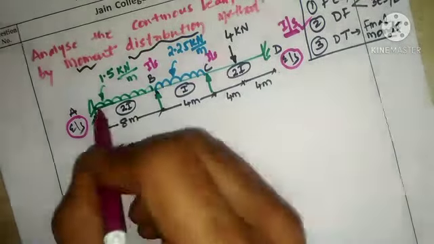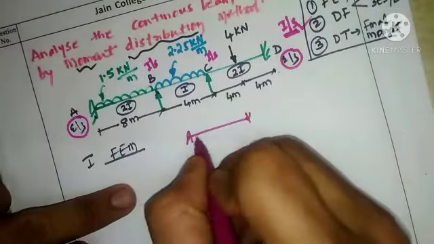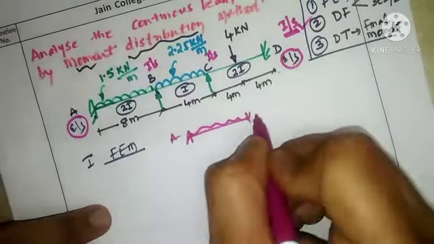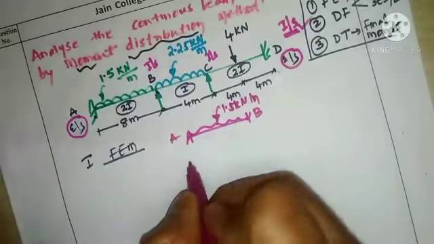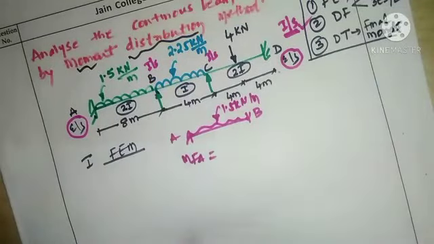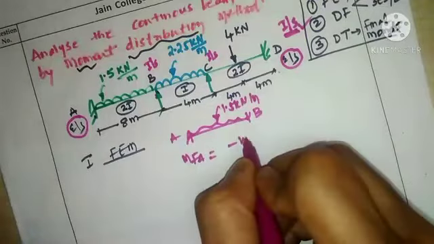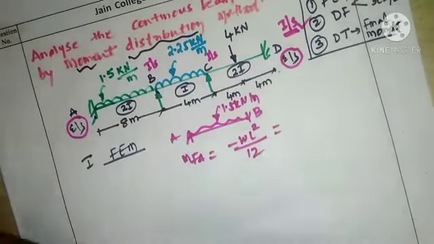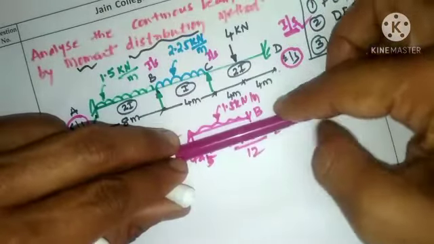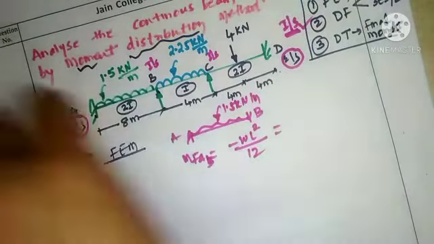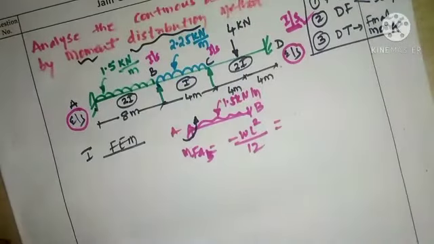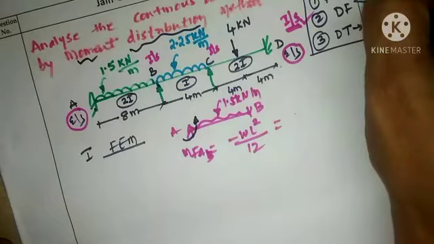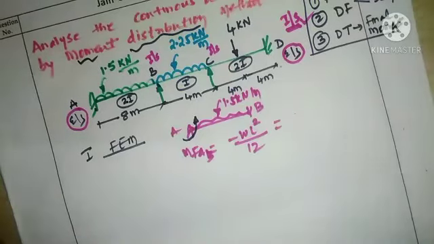So here we will be considering a separate beam AB carrying a UDL. Now we will calculate the fixed end moment for this particular 1.5 kilonewton per meter UDL. If I calculate this, MFAB, the formula will be minus WL square divided by 12. At A it will be minus because if we consider AB with the UDL placed at the top, it will start to rotate in the clockwise direction. As a result, the resistance offered by support A will be in the anti-clockwise direction.